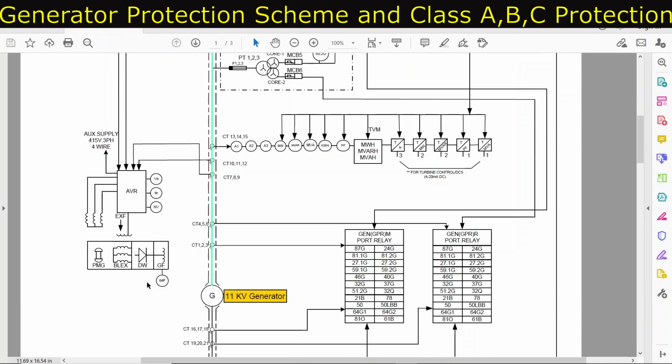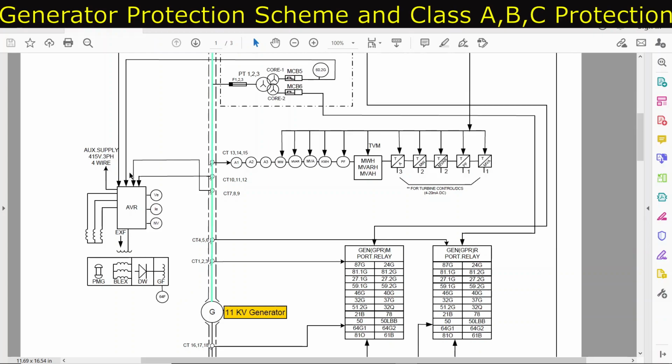This is a part of the generator system, AVR, automatic voltage regulator, the excitation system. In the generator we have PMG and we have exciter. I already have a video on PMG and exciter. You can go through that to understand the basics. But in the SLD it is shown like this: you have PMG and you have the excitation system, because my motto is to show where the CTs and PTs are being used for protection and metering purposes. You will see this is an excitation panel, and it is exciting the exciter winding.